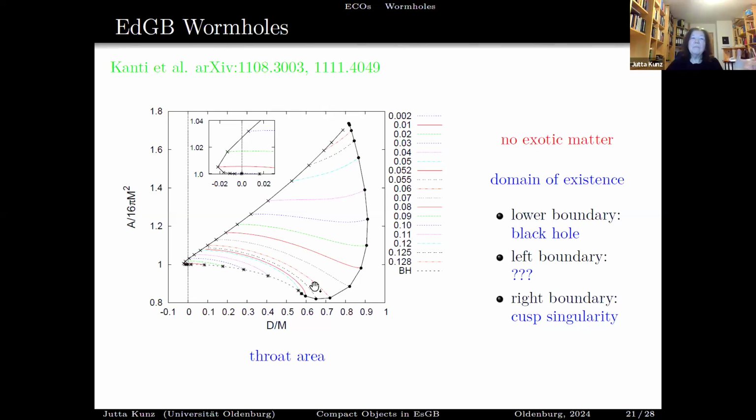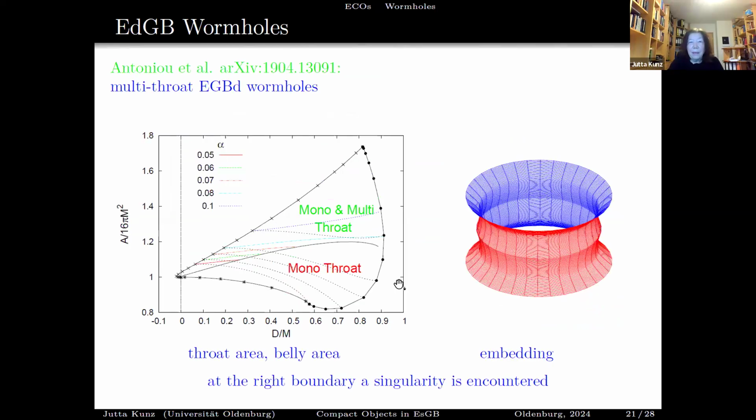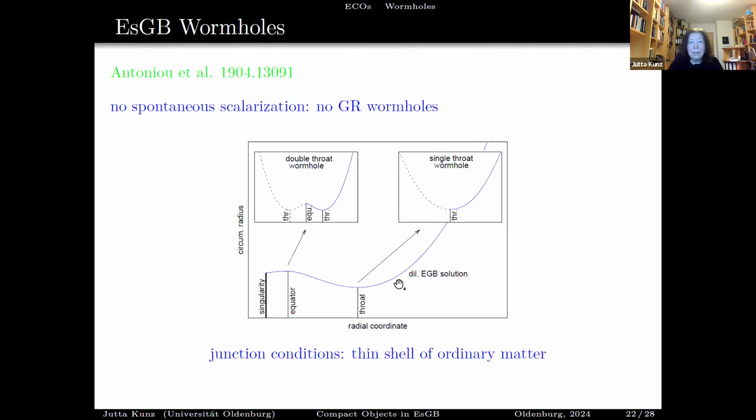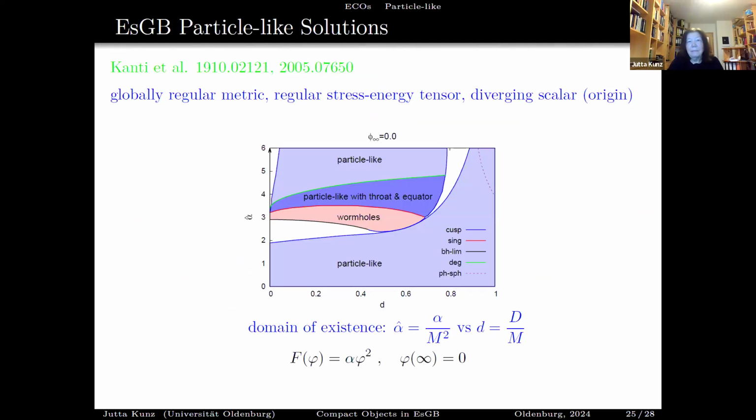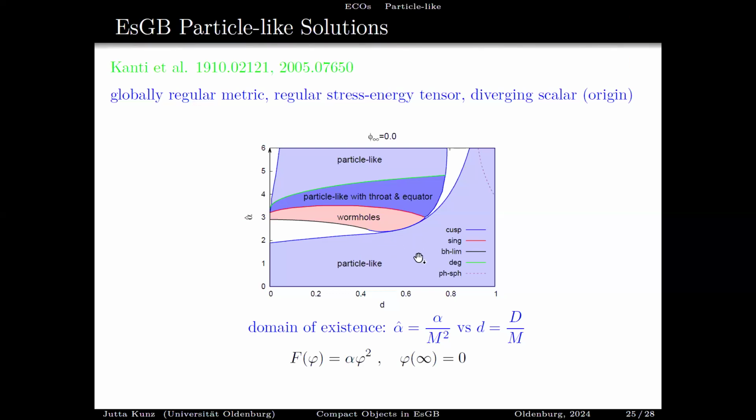So there would be some strange compact objects, exotic compact objects, some wormholes or particle-like solutions sitting there, because for the particle-like solutions, where are they? We have no, they just connect to the wormhole, so it's not particles, so wormholes. It would be wormholes. Okay, thank you. Any other questions?